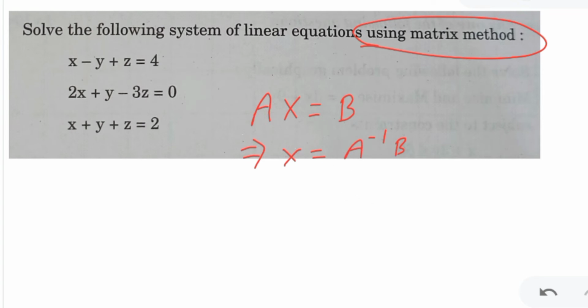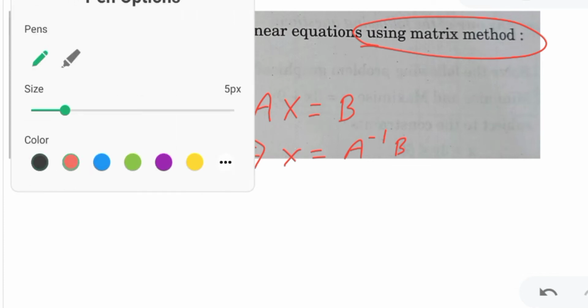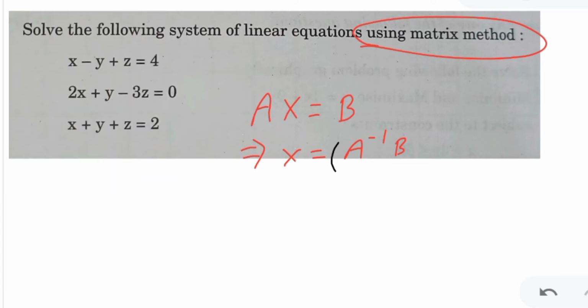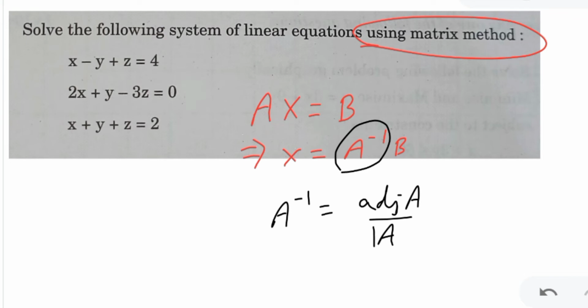First I am discussing the approach, then I will solve the question. What is A inverse? A inverse is nothing but adjoint of A divided by determinant of A. And what is the adjoint of A? These are the steps, and this you should know. Adjoint of A is nothing but